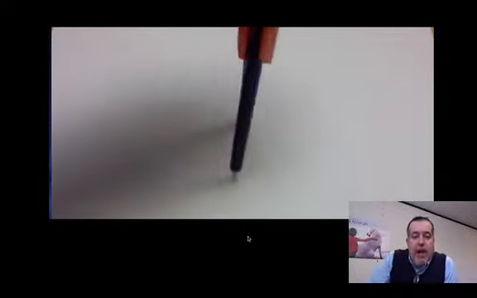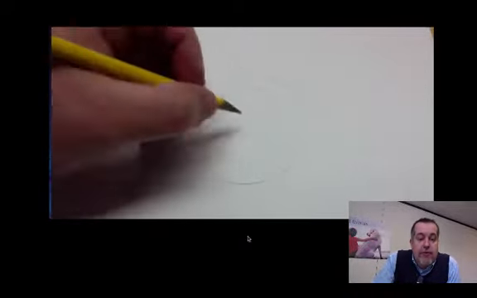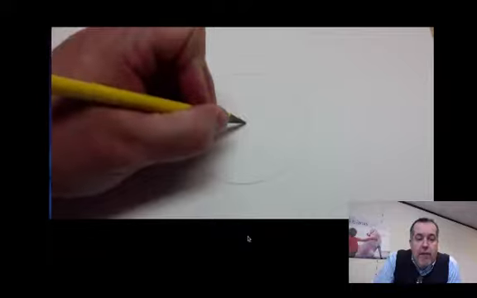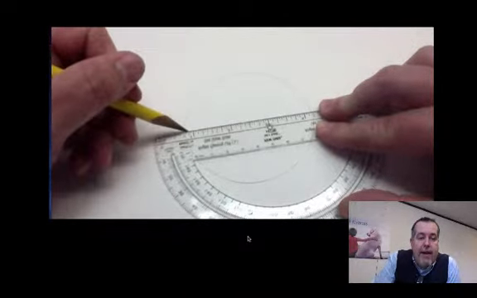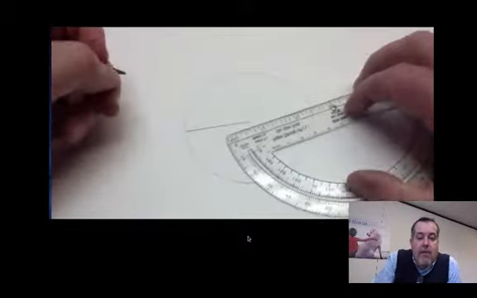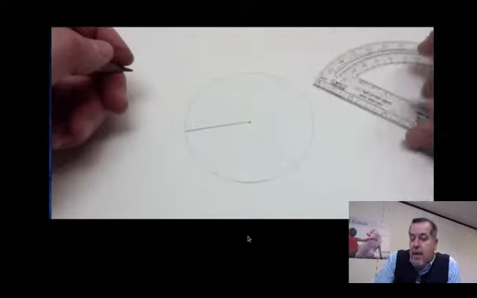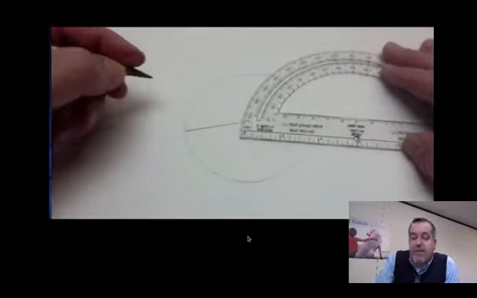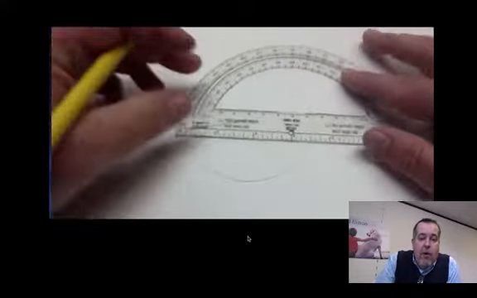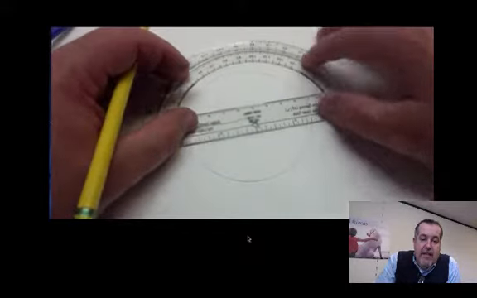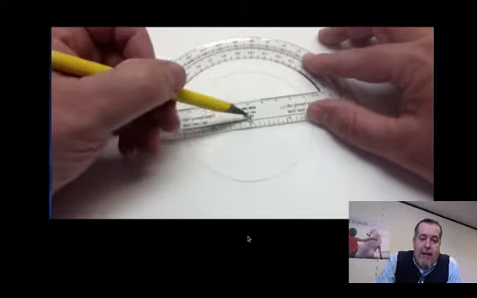Okay, so I've got my handy dandy compass here, and I am going to draw a nice circle here. I'm then going to draw a little dot right where the center of that circle is, and I am taking the straight edge of my protractor and drawing a radius from the center of the circle to the outside. Now my first measurement for the piano is 43 degrees. So if you see that little tiny hole that is in the center of the protractor, I'm trying to line